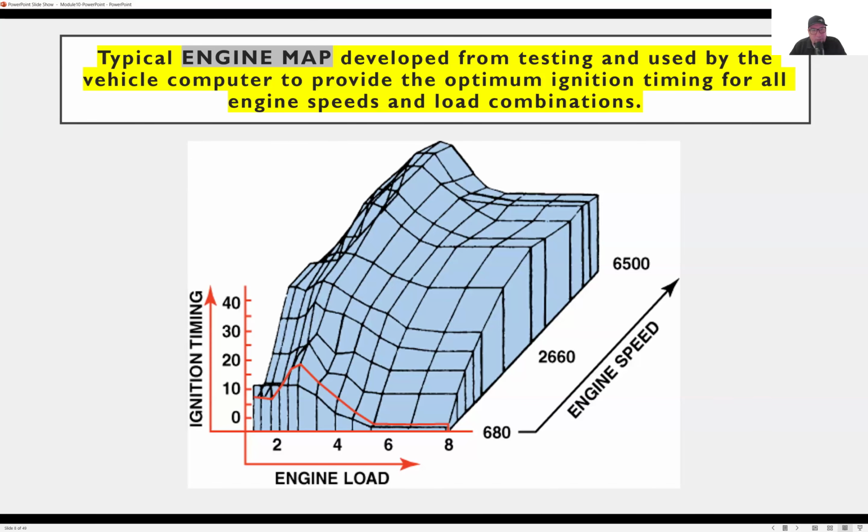Engine mapping is what's done from the factory, meaning there's a computer program in your engine control module that tells the computer what to do at certain times: how much engine load is applied, how much timing is needed, what the engine speed is, what the vehicle speed is, if you're going uphill or downhill, which is engine load, if you're at altitude in the mountains, or on flatland by the beach. There are going to be different maps and